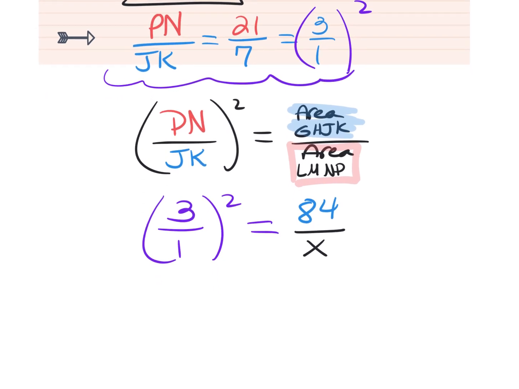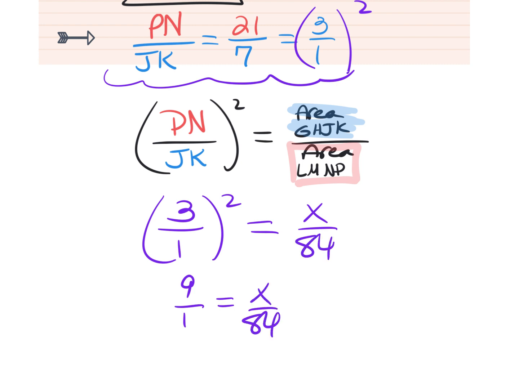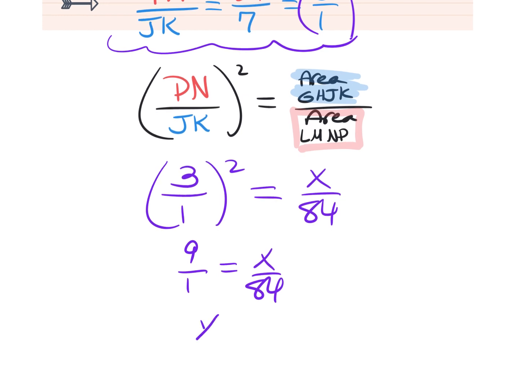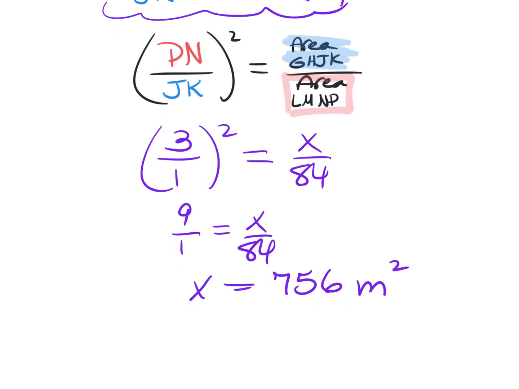So now I'm going to square the purple. 9 over 1 equals the 84. Oops, I did that backwards. The X needs to go on top because I'm doing right over left. And now I'm going to cross multiply. And X equals 756 meters squared. And remember, X was going to be the area of